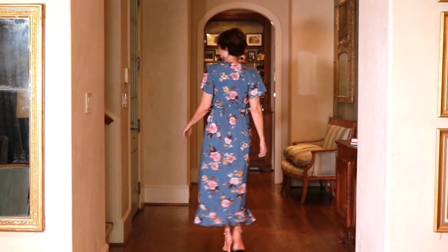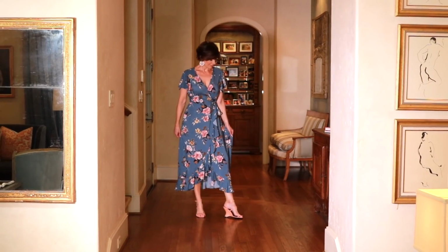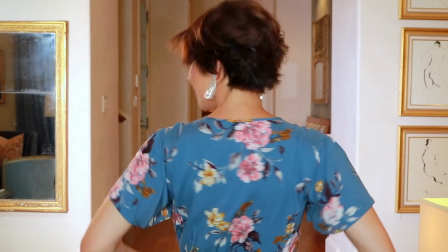Features a wrap design and a little tie accent. It gives you a flattering and a comfortable fit. It's got some gathering in the back so it's not tight around the waist. A really nice V-neck again for just layering some delicate jewelry, and that short flutter sleeve adds a real feminine